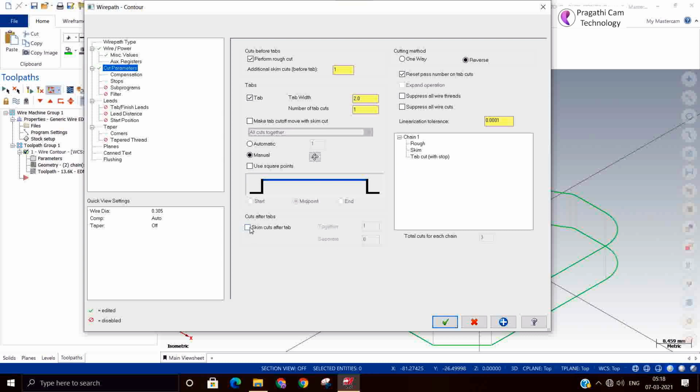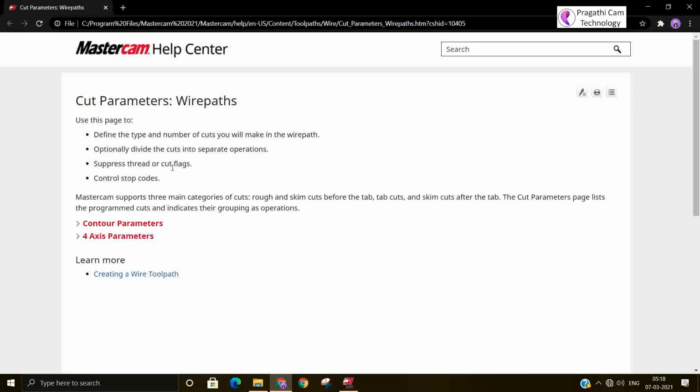Finally you can add one more skim cut also, and this sequence will be available here. And you can see here reset pass number. If you want to change the pass number during tab cut time, you can change it. So what is this two? We'll see what it is. I just go to help, common parameter.